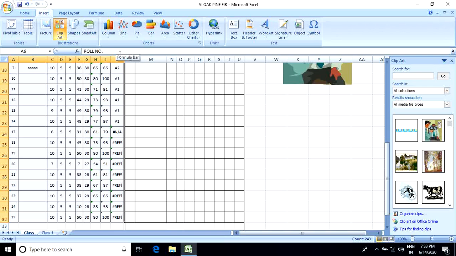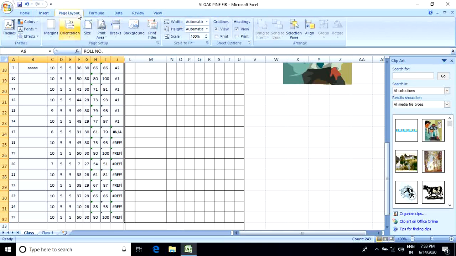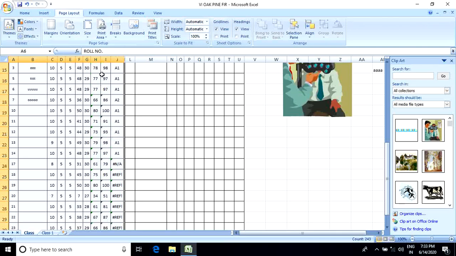And the next one, go to the page layout tab. Here we can find page setup.